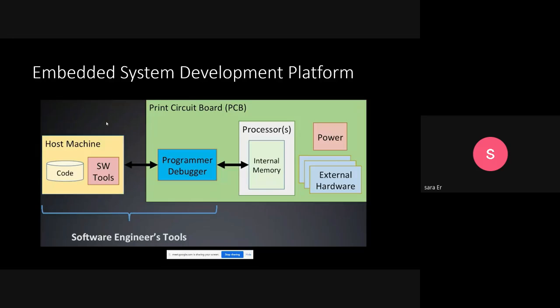Using USB cables, we could connect our embedded system to the PC. Software engineers do this part. They interact with the PC and write their code, and after that, hardware engineers try to connect this embedded system board to the PC using these peripheral cables.